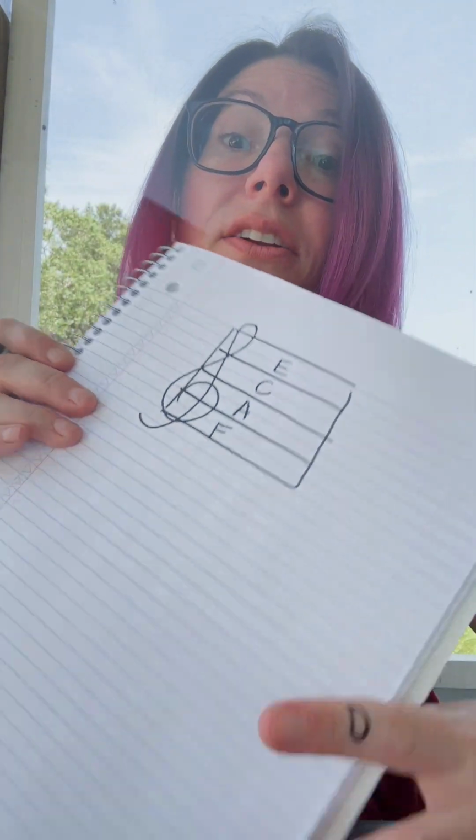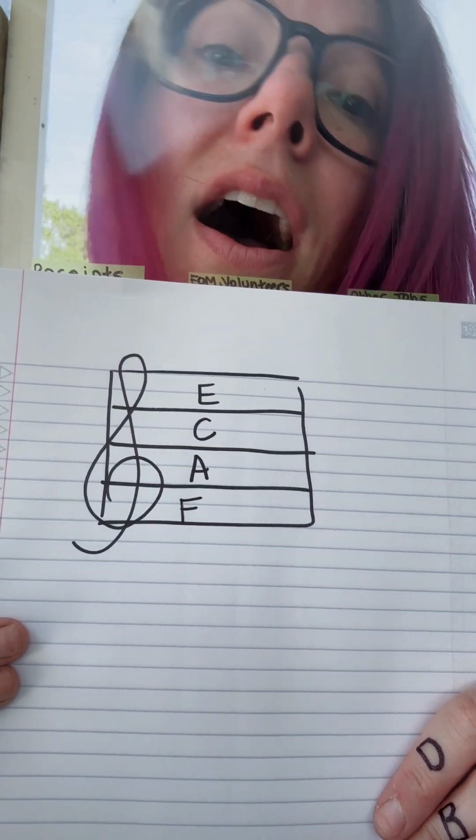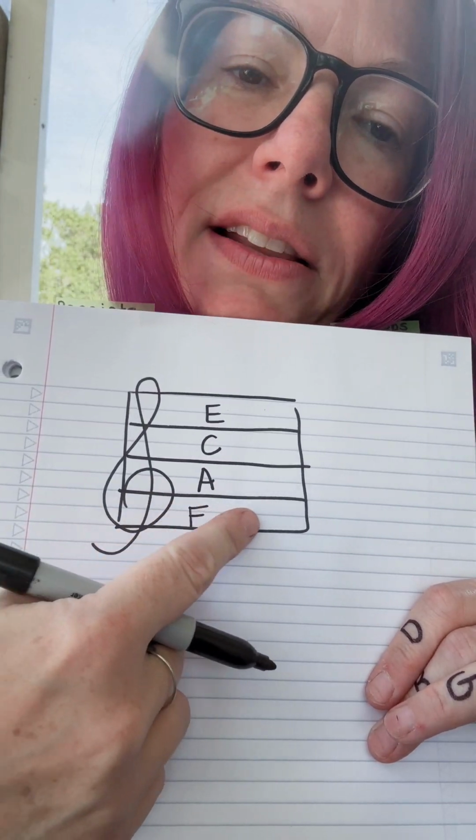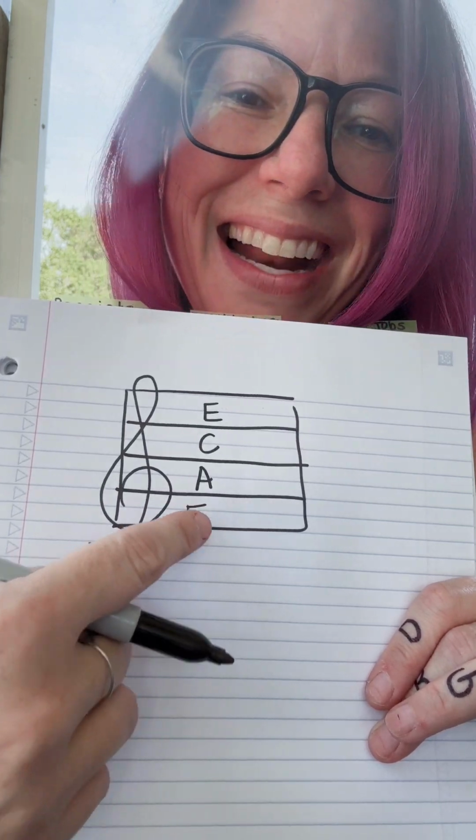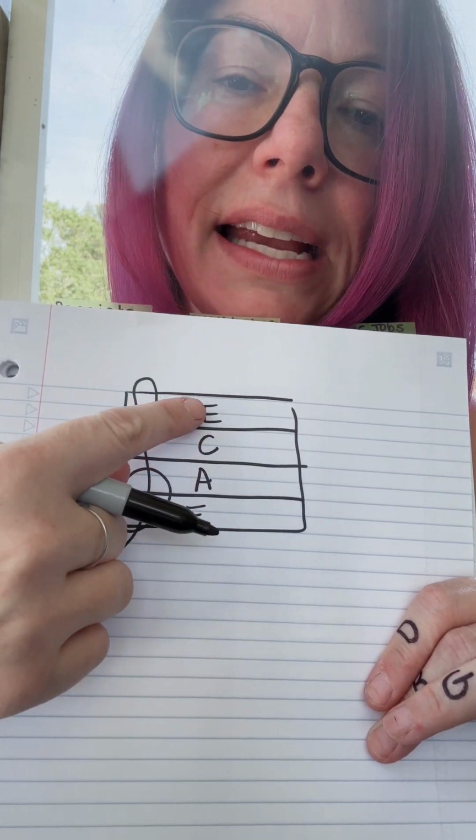Those letters for the spaces rhyme with the word that it spells. So space rhymes with face. Space, face. Space rhymes with face. So our letters in our baby right here, our face. So in between the building, in between the floors, we have the first floor. The first little attic is F, then we have A, C, and E.